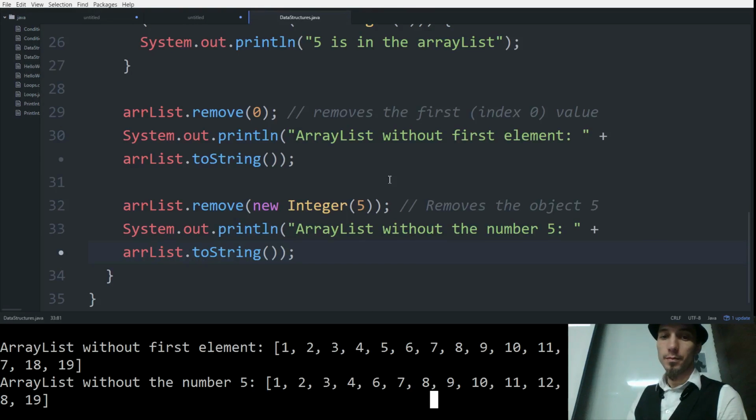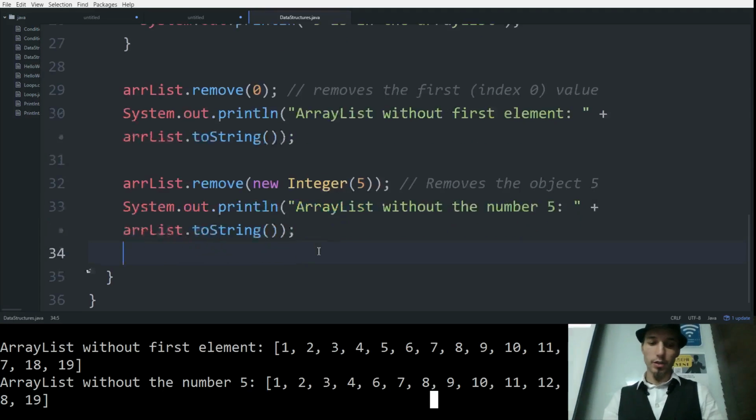Right, array list remove is right. If it's an index, it removes at that index. So this is removing the object, right? Because this array list doesn't store ints; it stores Integers. And when you feed an object to the array list, it looks for a matching object. Right. So we could do something like